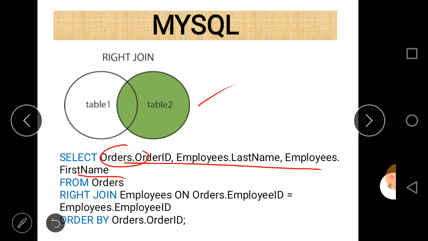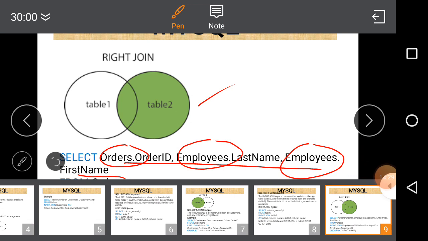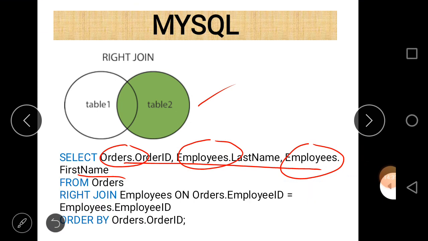Here the table names are orders and employees, which we can easily see, and order id, last name, first name are the column names belonging to those tables. Last name and first name are the column names belonging to the employee table.